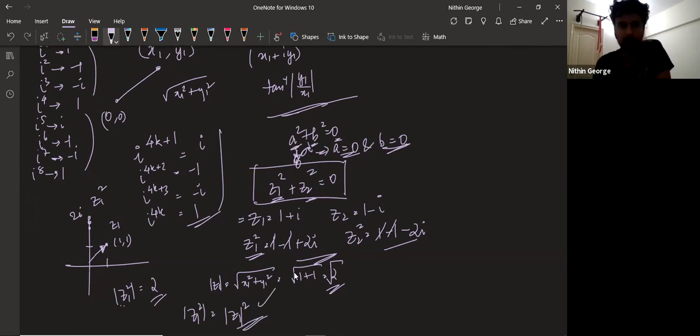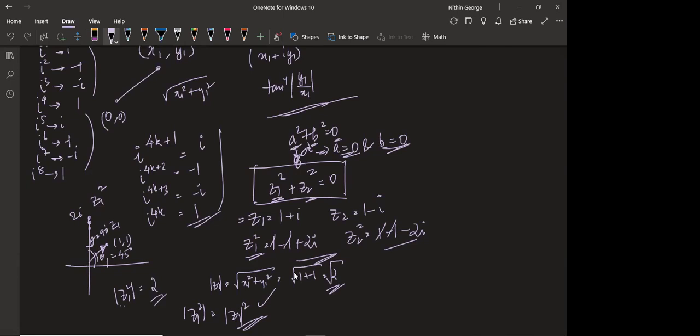All right. What about the angle theta? What is happening to the angle theta? We know it's 45 degrees here, and for this one, the angle theta is 90 degrees. The angle is doubling. When you're squaring it, notice that the angle doubles and the magnitude is being squared. Is that much clear? Yes, sir.